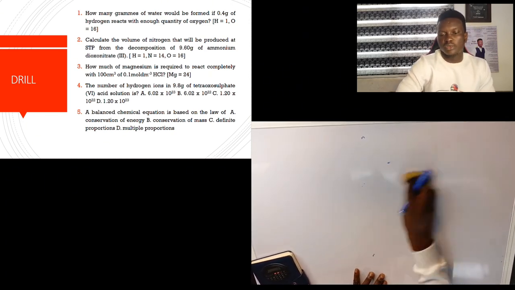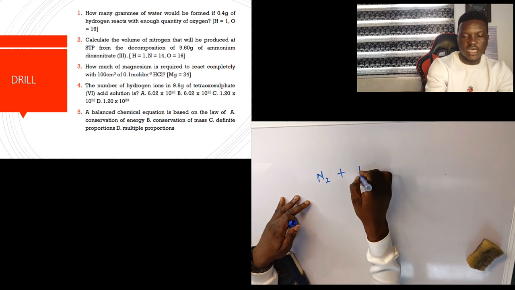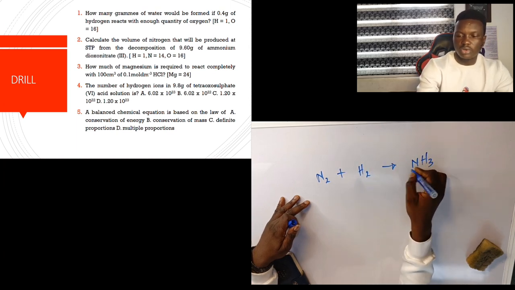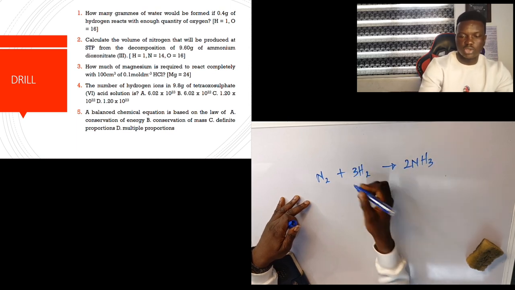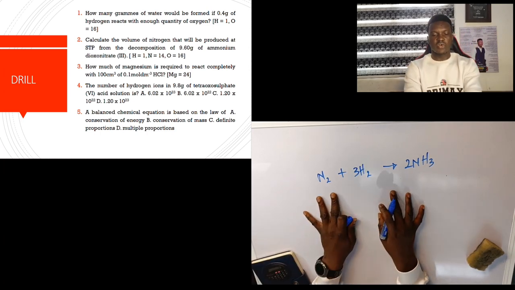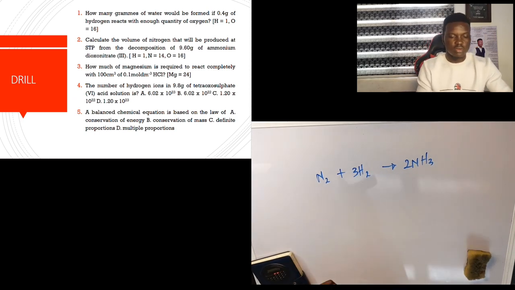For example, you remember the Haber process. When nitrogen reacts with hydrogen to give ammonia, if you balance, this is going to be 1 to 3 to 2. Is that correct? So that's what you have. So now, from this, 1 mole to 3 moles to 2 moles, if you calculate the total molar mass